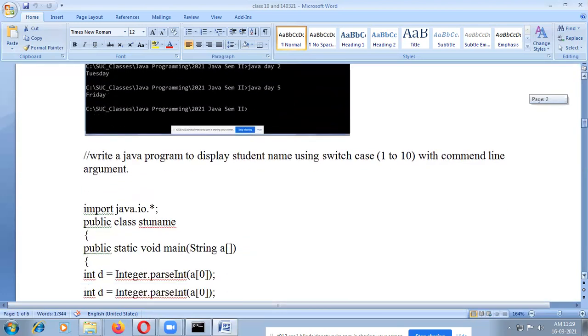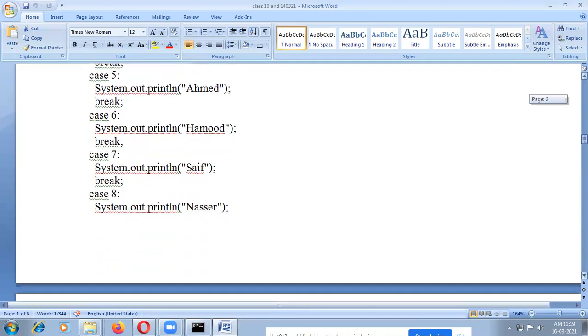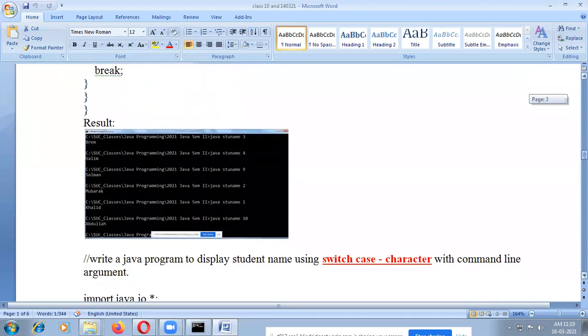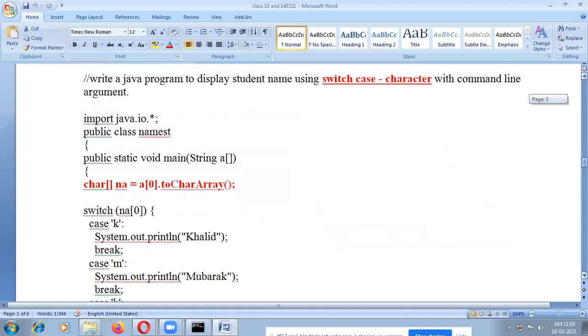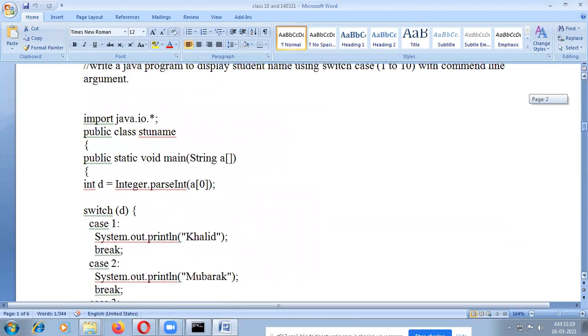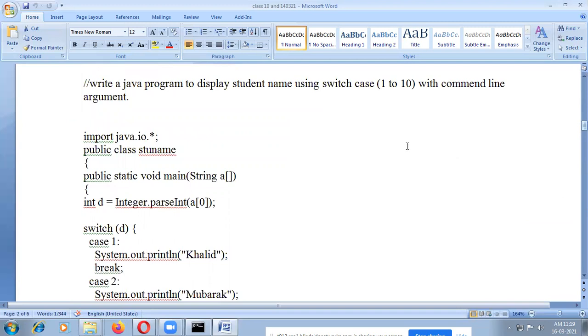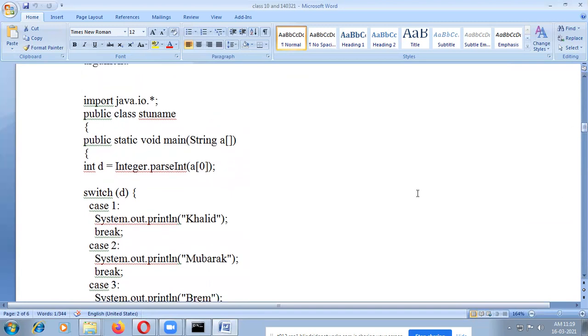So these things are for the input. Another program: write a Java program to display student name using switch case 1 to 10 with command line arguments. What is this command line argument here? You need to pass the input from java space class name space input.